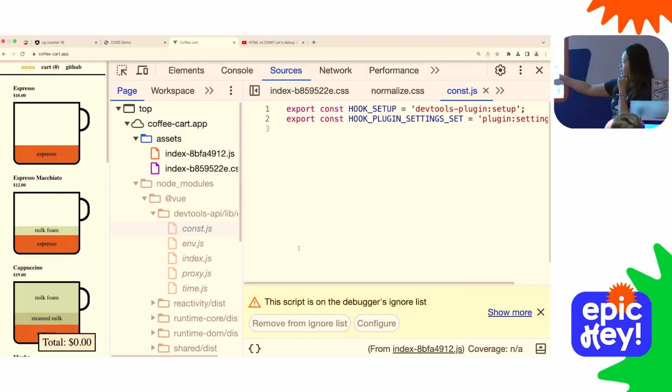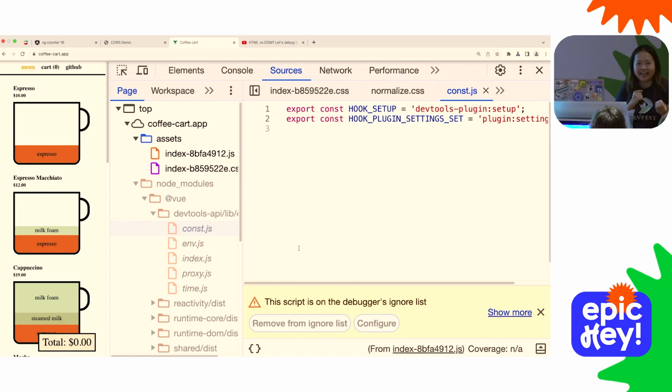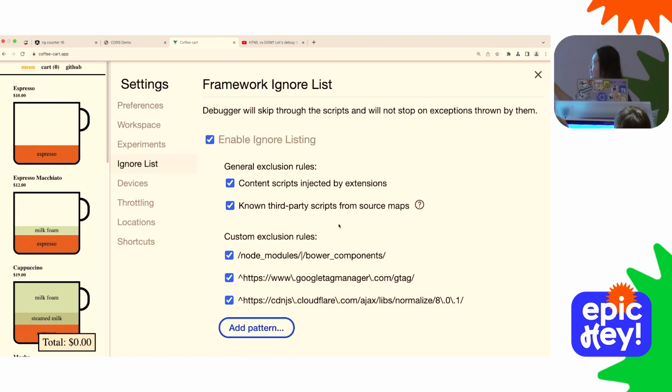something like this. This script is on the debugger ignore list. You can either remove it from the ignore list or configure it. So this is for some people like, yeah, I want to ignore it, but I don't know how to re-enable it back the next time. So if you have this worry, no worry, it will show you a warning. That bug will be fixed later, okay? So you can either straight away click remove it from the ignore list, or you click configure, then it will